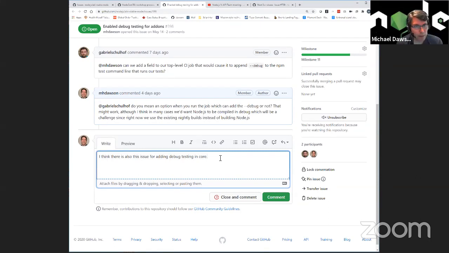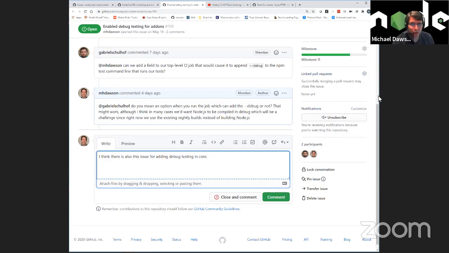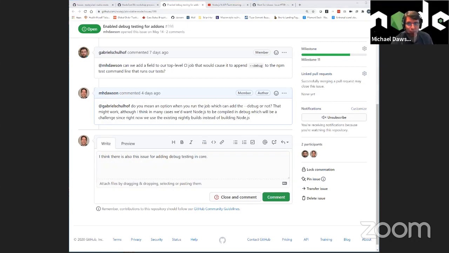Because these failures, were these problems in Node add-on API, or were they in the core NAPI? I don't remember actually. Because the core testing will get us things that are in NAPI, but won't necessarily get us things that are in Node add-on API. We could potentially add a new job which, on a single platform, does the debug testing. That might make sense too.